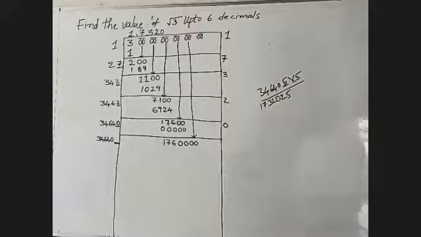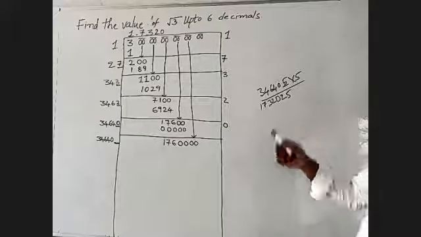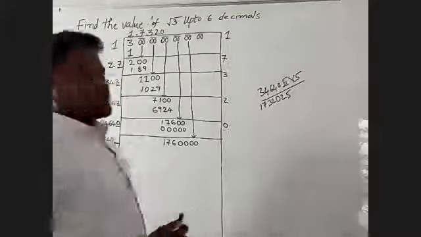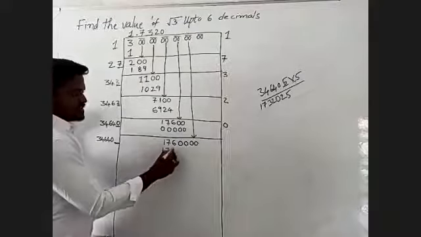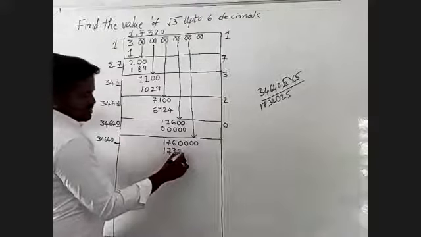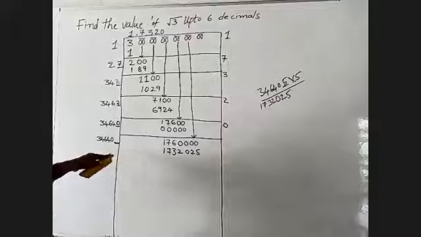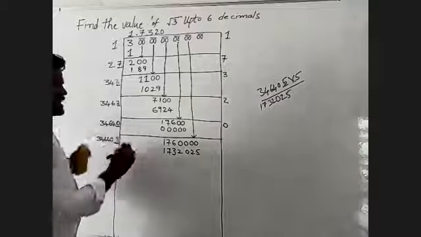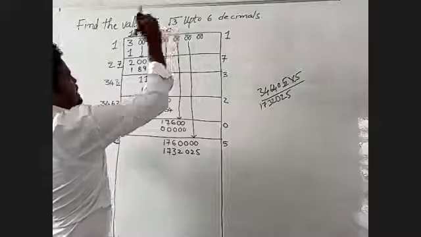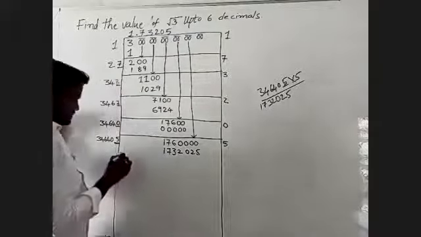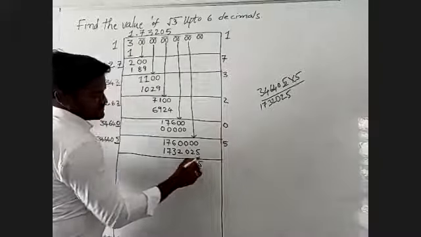That is, this value is 1760000. This value is 1732025. When this value is satisfied, I will write this one, 1732025. The units place will take the value 5. Then the entire equation can be multiplied by 5. Here also we will write the value 5. That means we have to subtract this one. 10 minus 5 becomes 5.